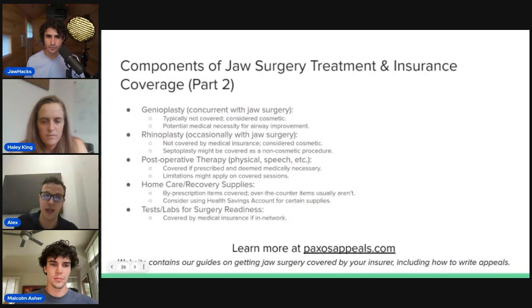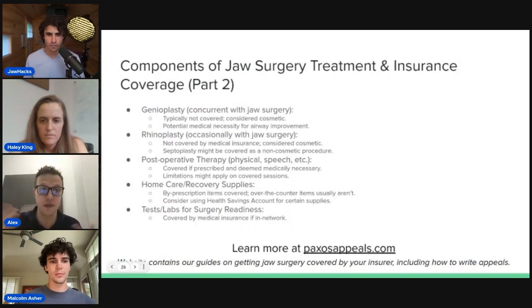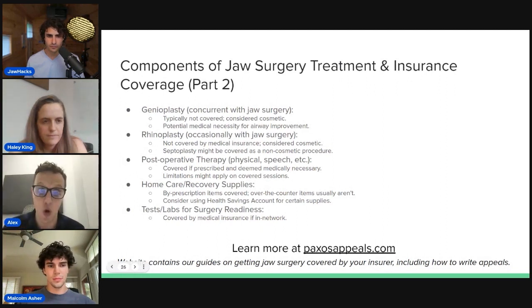And then the tests or labs for surgery readiness. Surgeons will often require this just to make sure you're healthy and ready to undergo what is a major surgery. And those are very, very often covered. In fact, that is the one item where even if you have no medical necessity whatsoever, it might be that those blood tests are covered anyway. So that'll save you $100 off of your